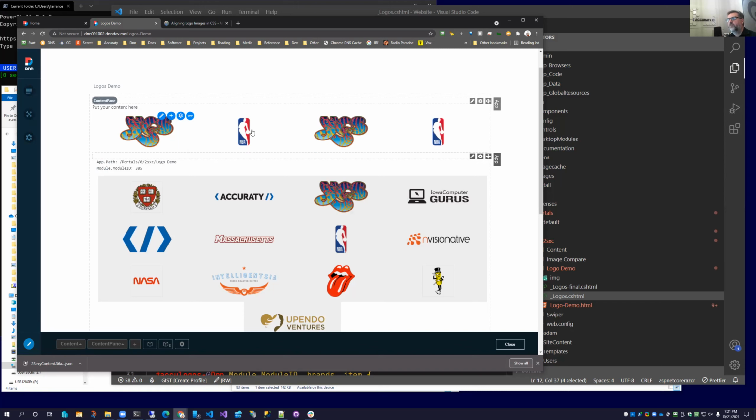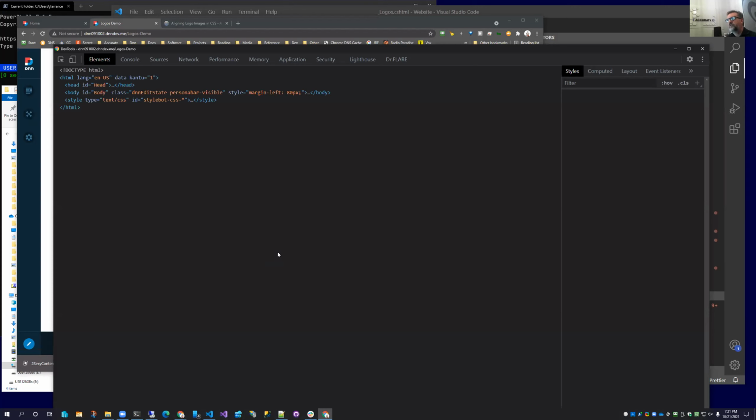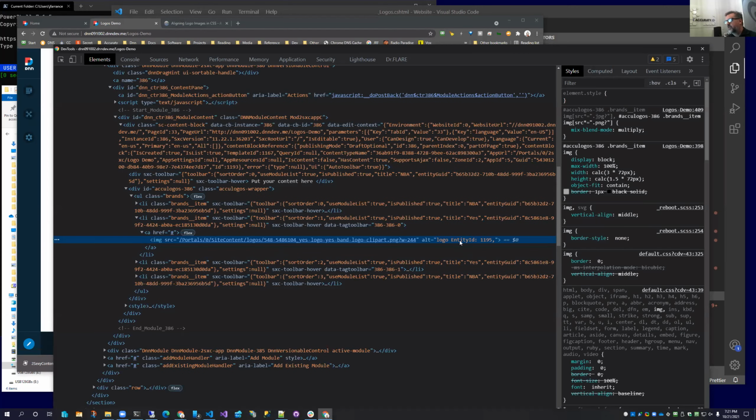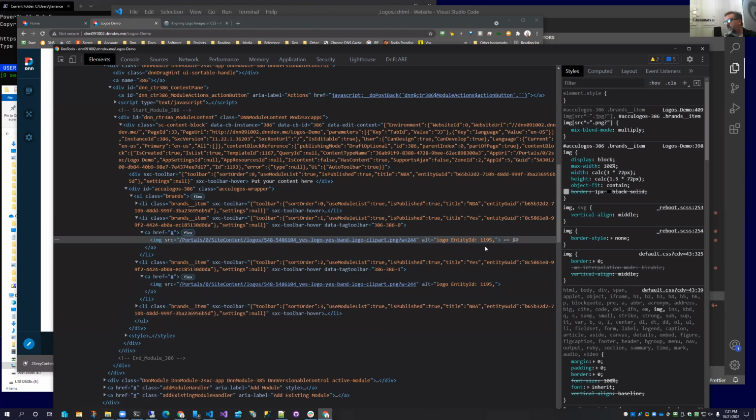What I really want to point out here is, let's put these side by side so you can see more easily. Notice the two yes ones if I inspect. Remember before I typed in the alt tag? So the entity ID is in here. If I go down to the one next to it, notice 1195 and 1195, it's the same piece of content, but it's appearing twice because it's assigned to two separate blocks.